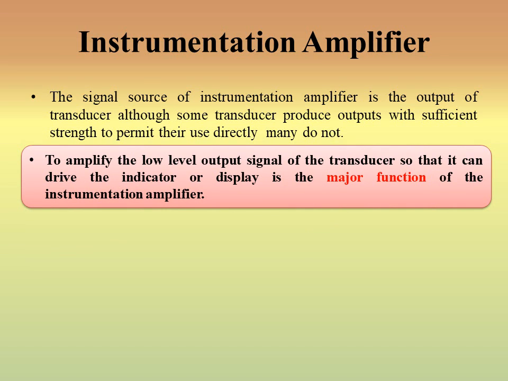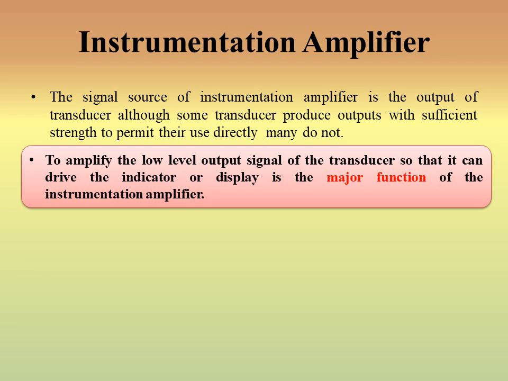So to amplify the low level output signal of the transducer so that it can drive the indicator or display is the major function of the instrumentation amplifier. So here this gives the main basic function of the instrumentation amplifier. What we are doing is, the transducer is telling us about the physical quantity that we want to measure in the form of an output signal, and that output signal is low level. It can be made a little bit stronger with the help of a preamplifier, but the basic major function of the instrumentation amplifier